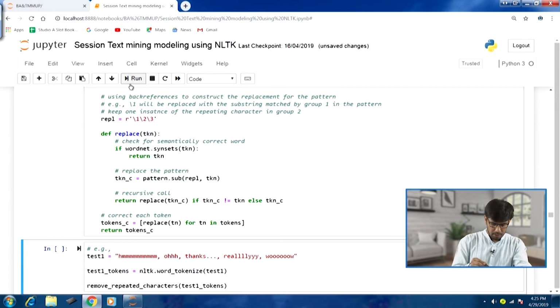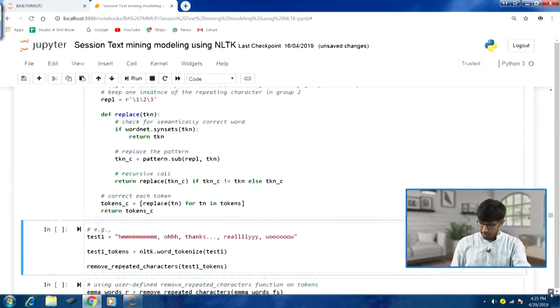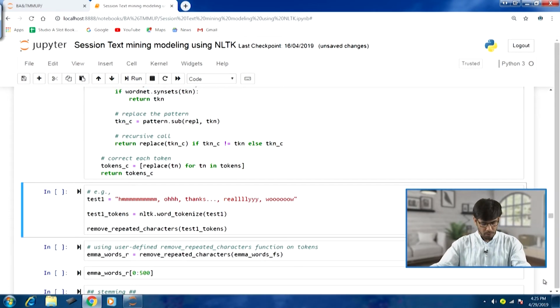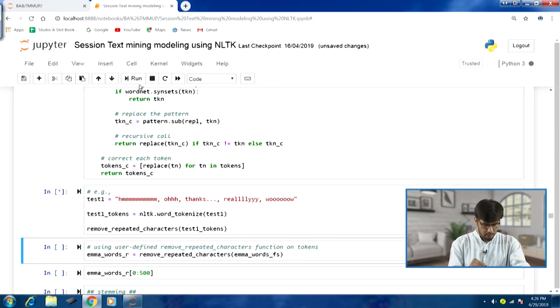So, let me run this, and let us take an example here. Here you can see test 1, this is the sentence we are taking. You can see all the words are having repeated characters, and then we are tokenizing this sentence here. We are calling word underscore tokenize, then we are passing this token to our user function that we have just defined, remove underscore repeated characters. So, if I run this,